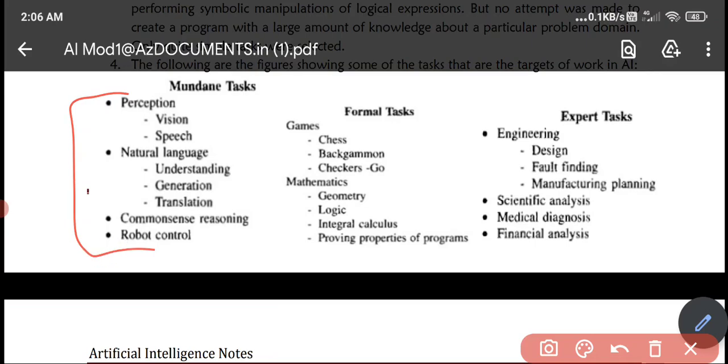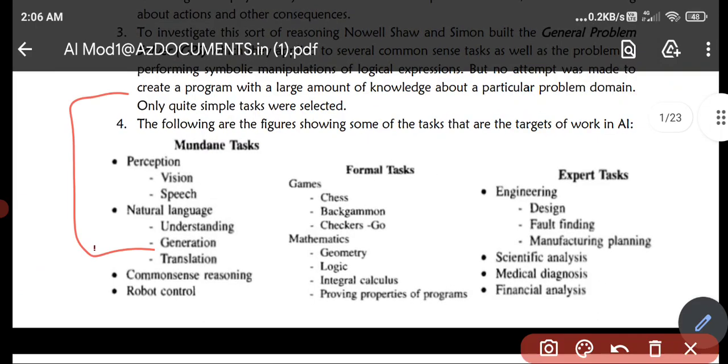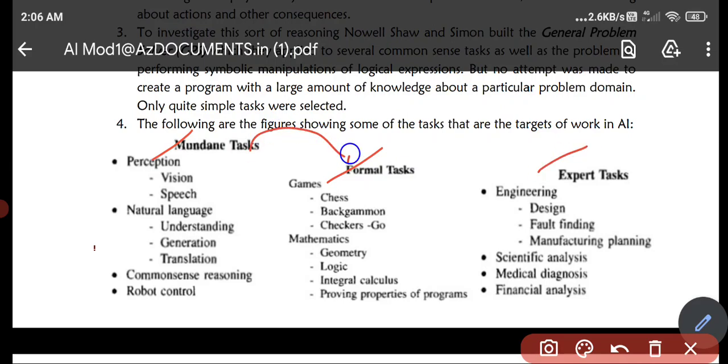Here what you are looking at is the applications. They forgot to mention the title over here, but remember what you are learning here is the applications of AI. Here we have three different categories of applications of AI: mundane task, formal task, and then expert task. The level from mundane to formal, formal to expert is increasing. With the help of artificial intelligence, we are able to recognize vision, speech, and even understand natural language, and even common sense reasoning, and even robot control. So this is the mundane task, and with the increase of the level, we are moving on to the next one,